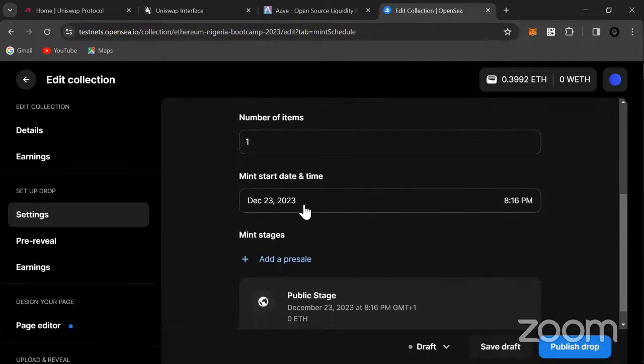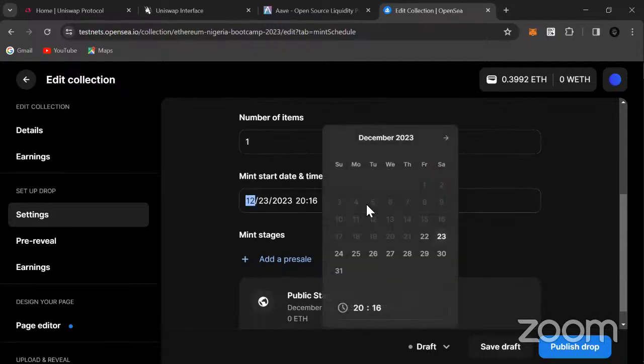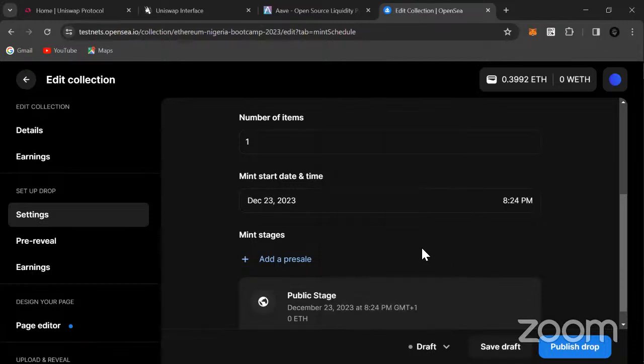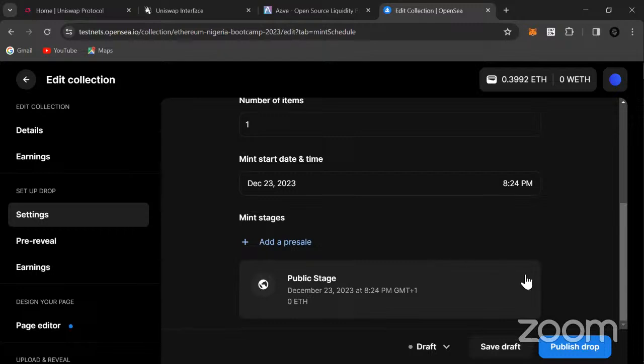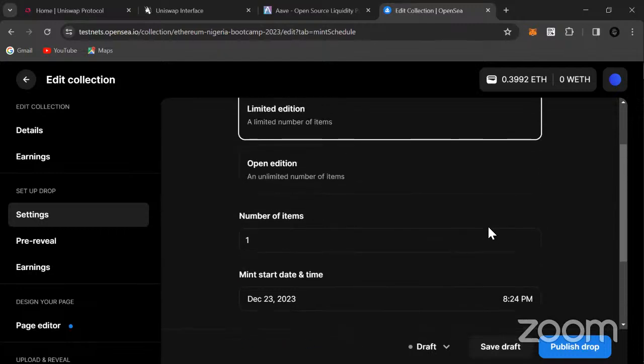When do we want it to start? It's going to start today, but let's say 2024, so that before it mints, we can be able to do that. We don't want any pre-sales.